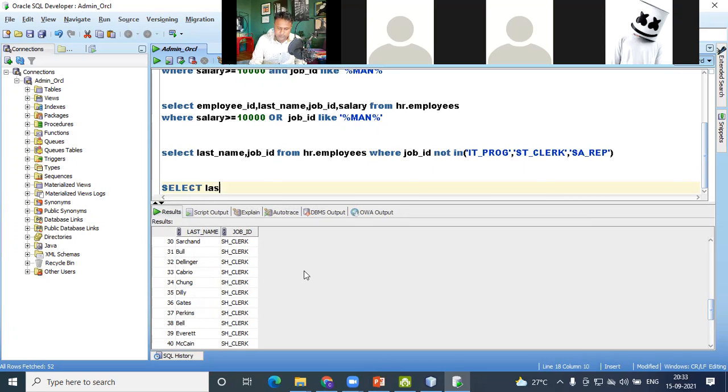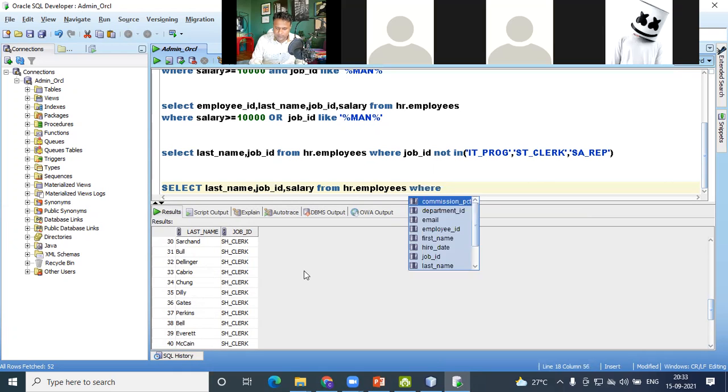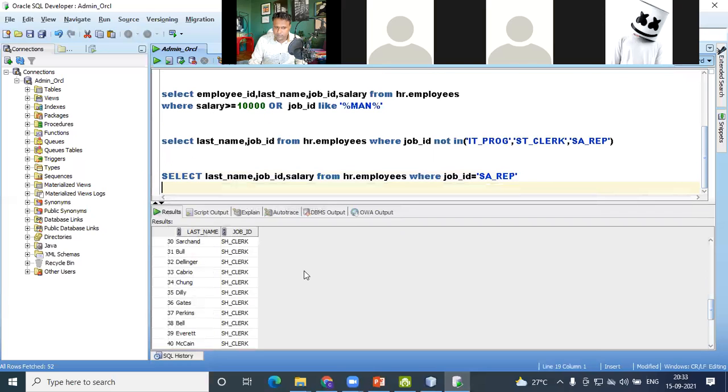Select last_name, job_id, salary from HR.employees where job_id is equals to SA_REP or